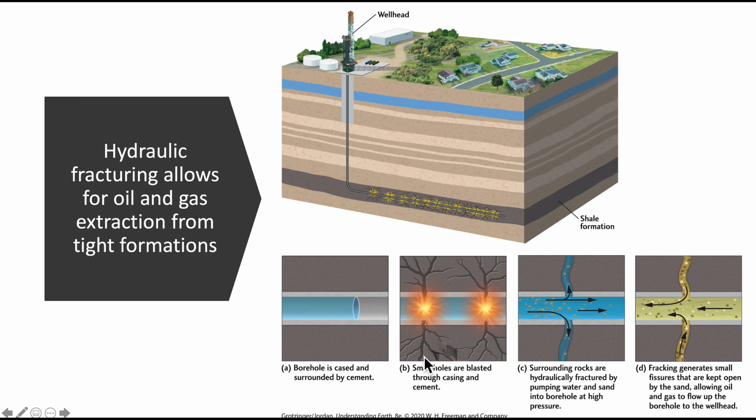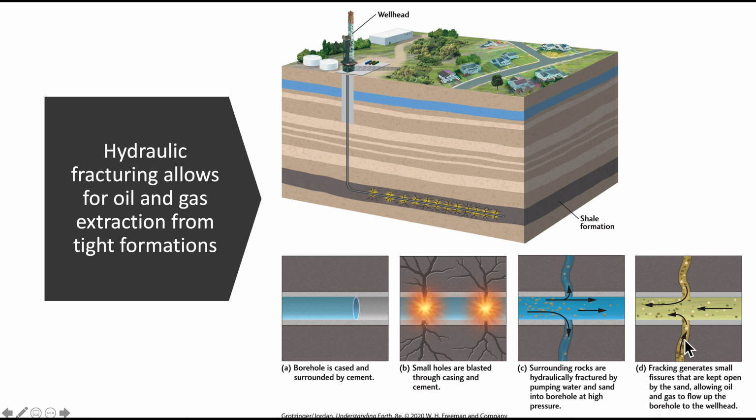To keep this from coming back together again, collapsing on itself, water and particles are pumped into these fractures, and these act as little spacers to keep these fractures open. Also pumped into this, and it's one of the more controversial aspects of fracking, is some kind of proprietary solvent. And this proprietary solvent is good at keeping liquid oil and gas moving through these fractures. It's also often very toxic, and it ends up in the drinking water of houses that are near these fracking